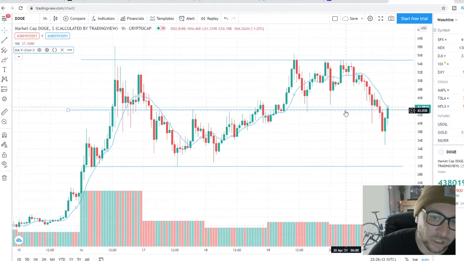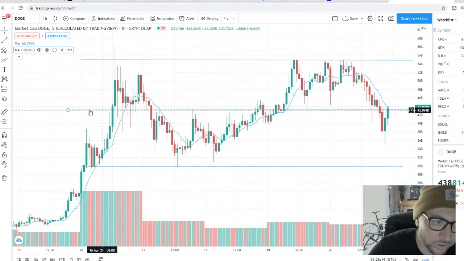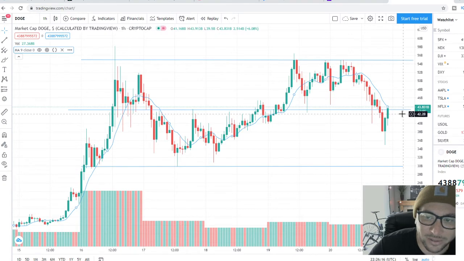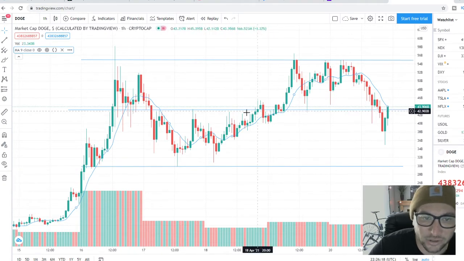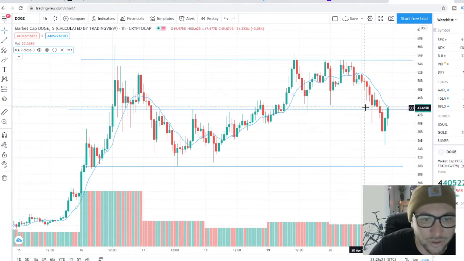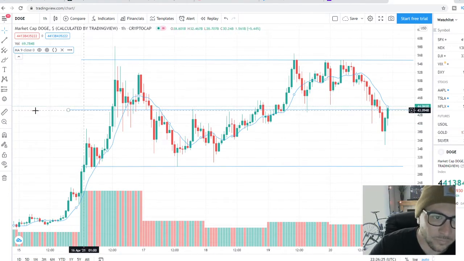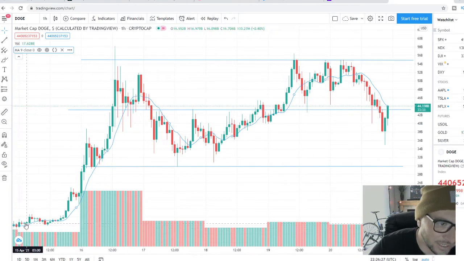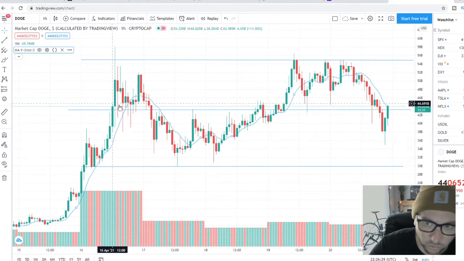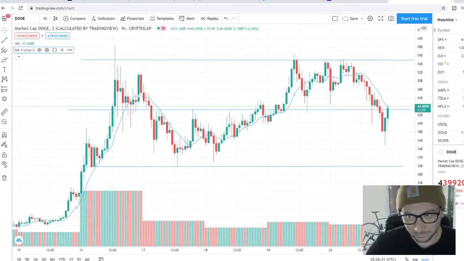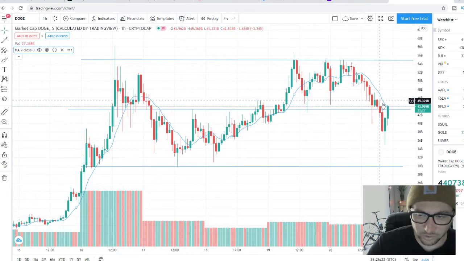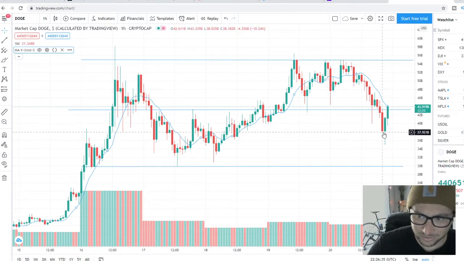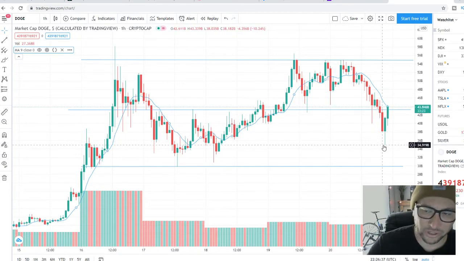So it did break below this little wimpy line of support, I guess you could say. This is not a huge time frame, so there's not a whole lot of data here to go off of. But for the last 5 days, taking it since the initial breakout, since the initial run up, it finally broke down this 44 cents here, and it touched bottom, ticking at 34.